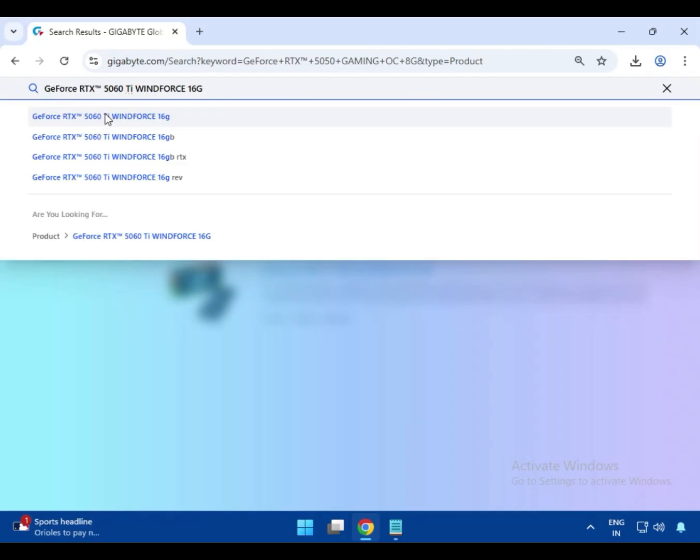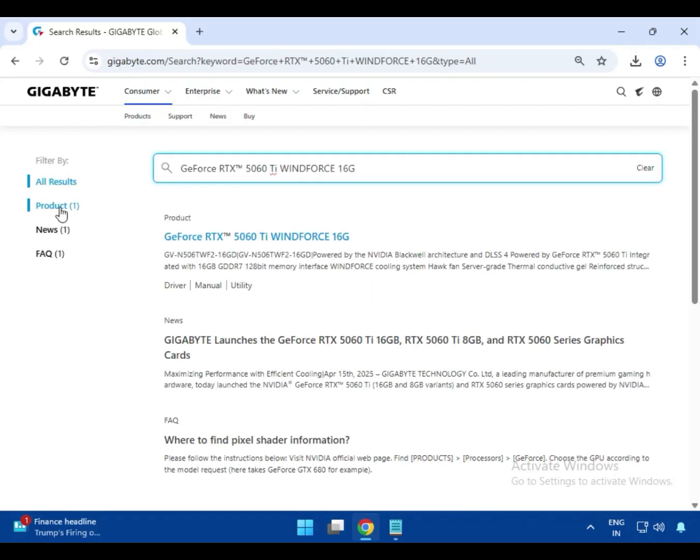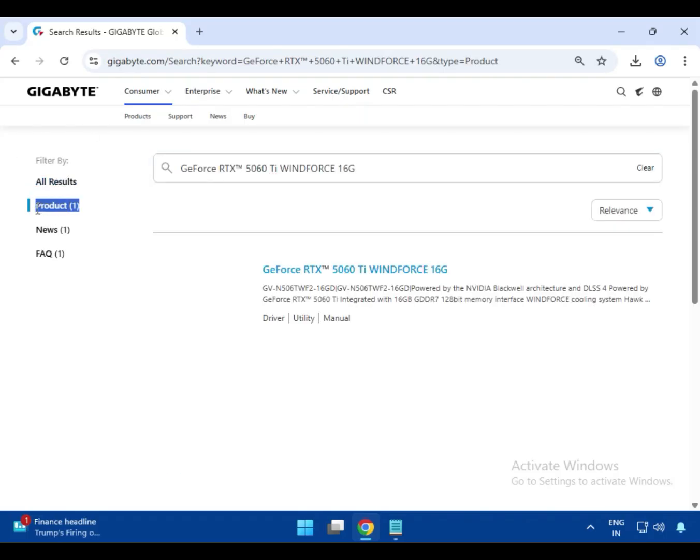Then enter the model number of the graphic card: GeForce RTX 5060 Ti WINDFORCE 16G, and then hit enter. After that, search your graphic card on this website and then click on the product. After that, click on this model number of your graphic card